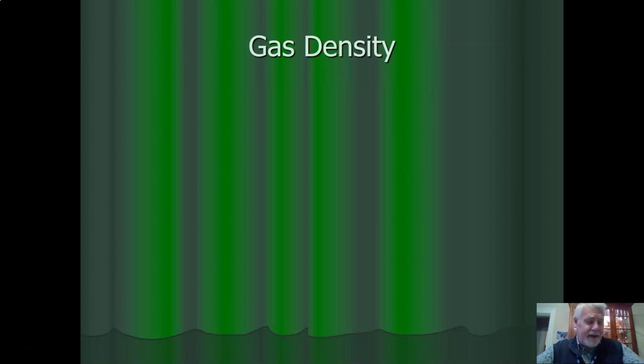So you already know something about gas density. You know they're not very dense at all. Very few particles per unit volume. But what we're going to do right now is the 13.5 section, and there's 3 gas density